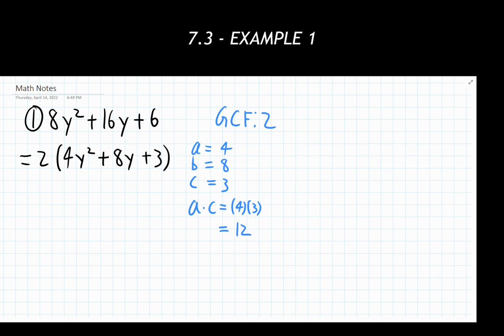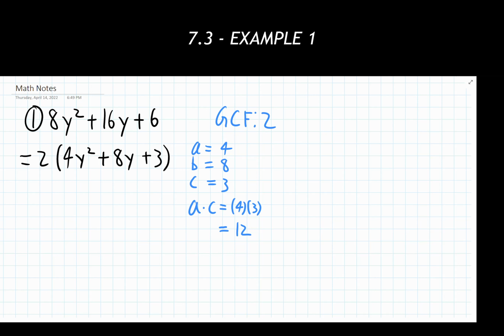Find two numbers, m and n, that multiply to equal the AC value and add together to equal the B value. Now there's a couple ways you can go through this. You can sit there and think about it in your head and go, well, it could be this number, it could be that number, it could be all those different things. I want to show you a way you might be able to organize this that I think takes a lot of the guesswork out of that process, especially when these numbers get big, gross, and terrible, which we'll see here shortly in our second example.